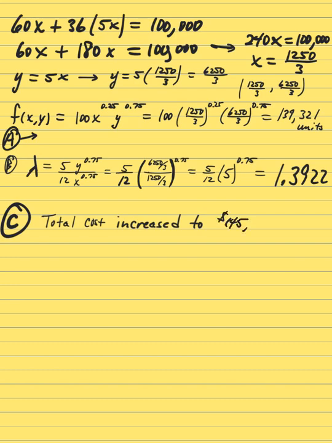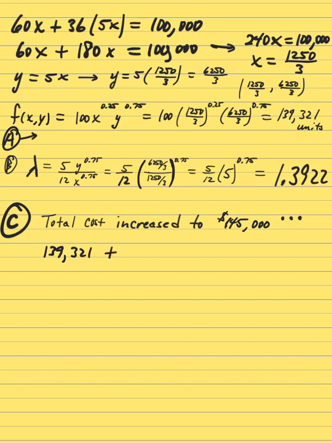Originally, we were limited to 100,000, but we're going to up this to 145,000 available. Okay, so what we're going to do is take Part A's answer, 139,321 units,